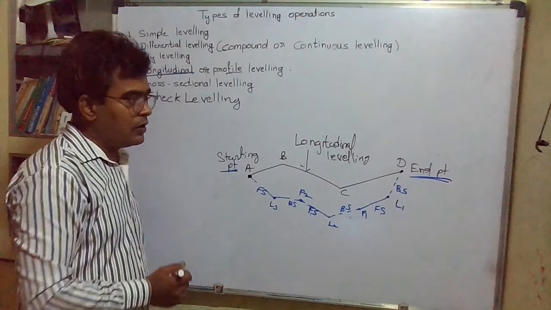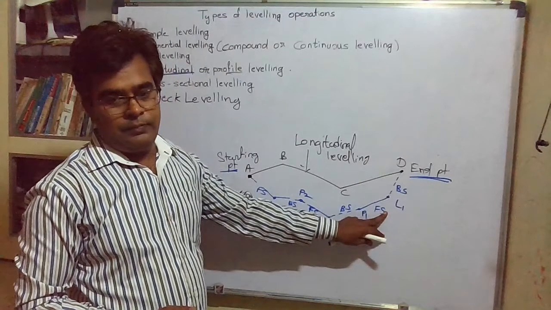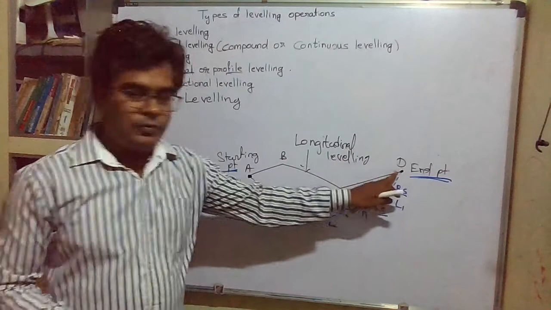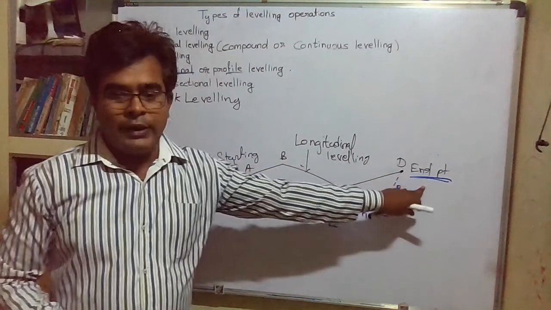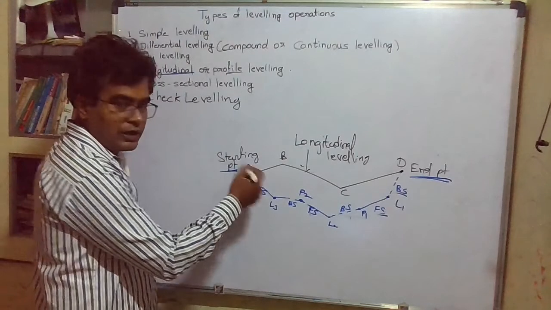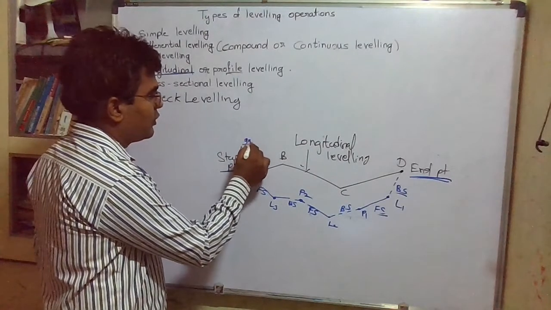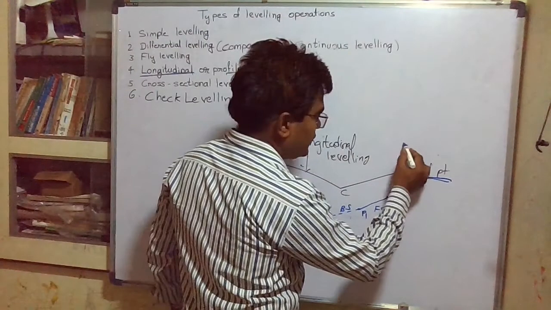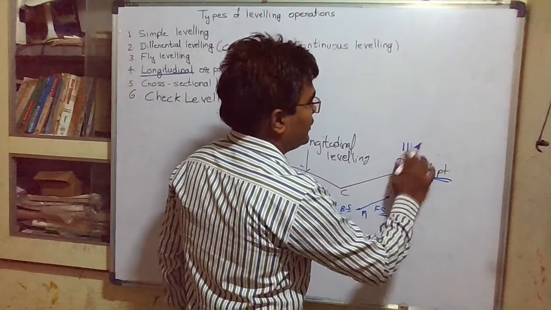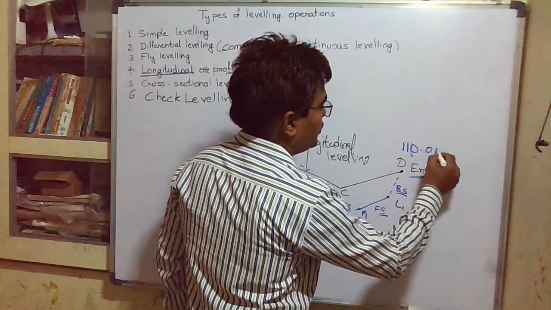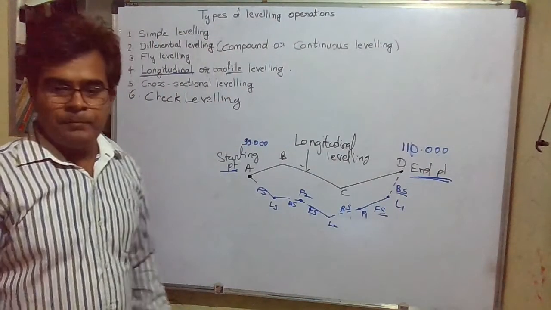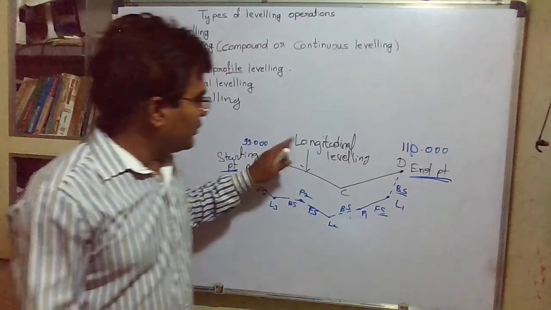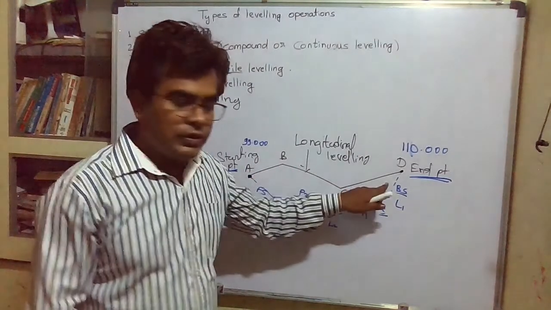Okay, what we are doing here is again fly leveling only. Because it is fly leveling, we are just taking backsight and foresight readings, and we have to determine the RL of the starting point with respect to the end point. Suppose we started leveling from point A. Level of A was 99.00, and at the end of the day, we got the RL of point D as 110 meters. So at the end of the day, we have to check whether the RL we found along the longitudinal leveling along this center line of the road is